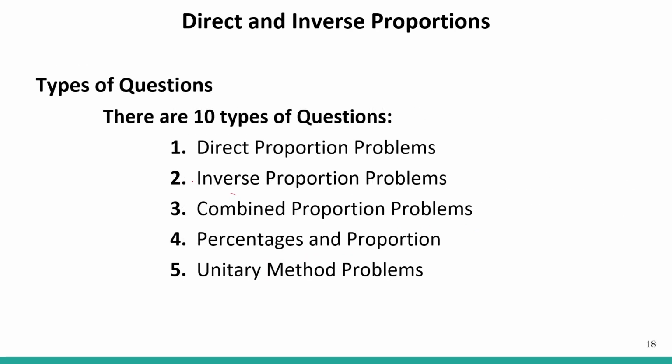So let's see what kind of questions are asked on various competitive exams regarding the topic direct and inverse proportion. There are basically 10 types of questions. The first type is direct proportion problems, and the second one is inverse proportion problems. We will also see what the difference between these two is, and we will see combined proportion problems, percentages and proportion, and unitary method problems. Okay, we will also see the rule of three